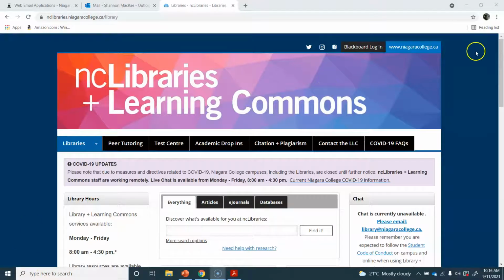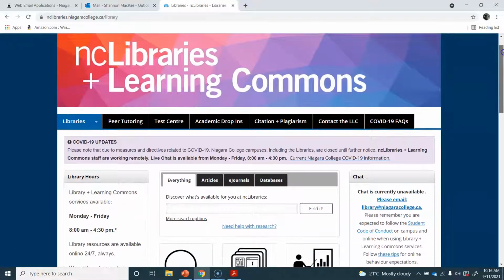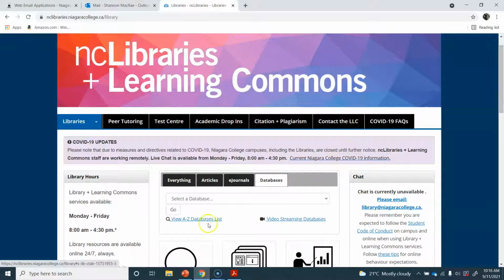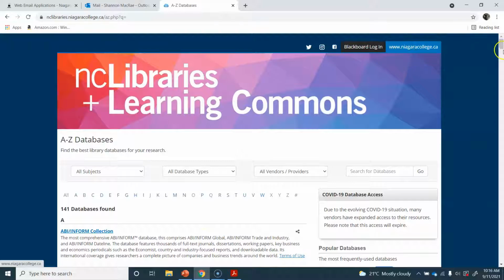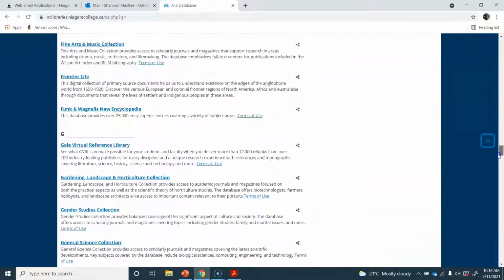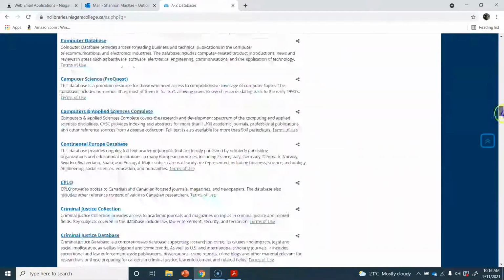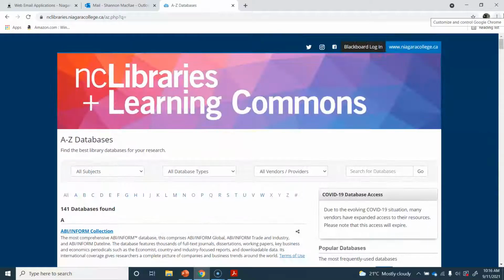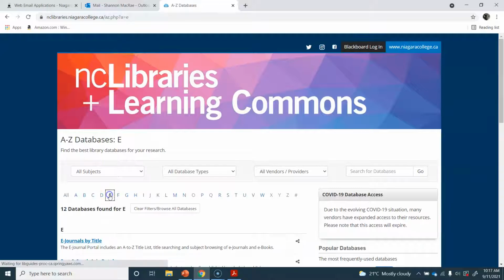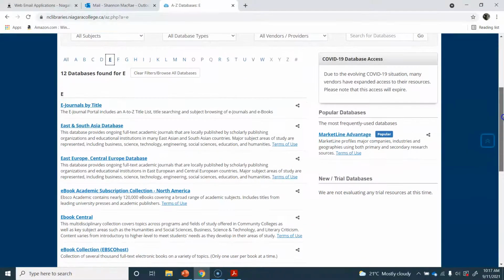So to get into the databases that are going to allow me to search for medical articles, I'm going to click over here on databases, and I'm going to go back down to view A to Z databases list. From here, again, remember I have all sorts of different databases that are available. I'm going to use a big super database that's going to allow me to search multiple sub-databases all at the same time. So to get into the recommended database for you, I'm going to go to E again, and this time I'm going to click on